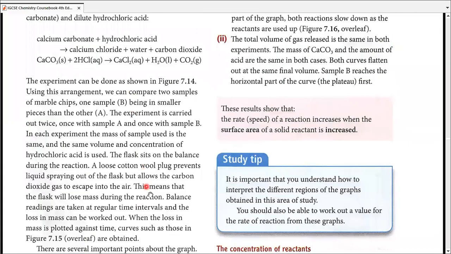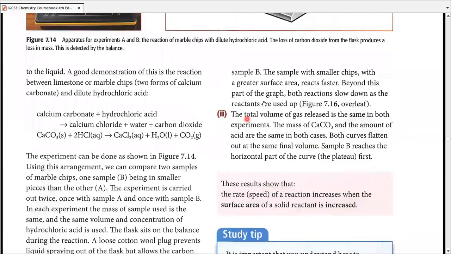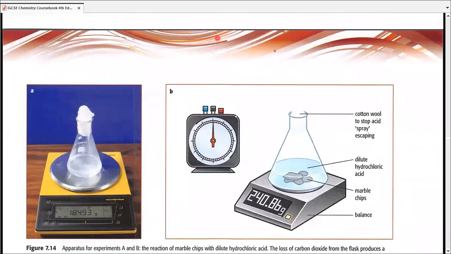So he discusses the same thing over here. He discusses why we put the loose cotton wool for the spring out of acid. Maybe at times there can be spillage, but it is actually bad for us. The reaction's fastest at the start. Why? How does it get slow? So the total volume of gas released and the rate of reaction increases when the surface area of solid reactant is increased or a smaller particle size is used, which means I hope you understand that the rate of reaction